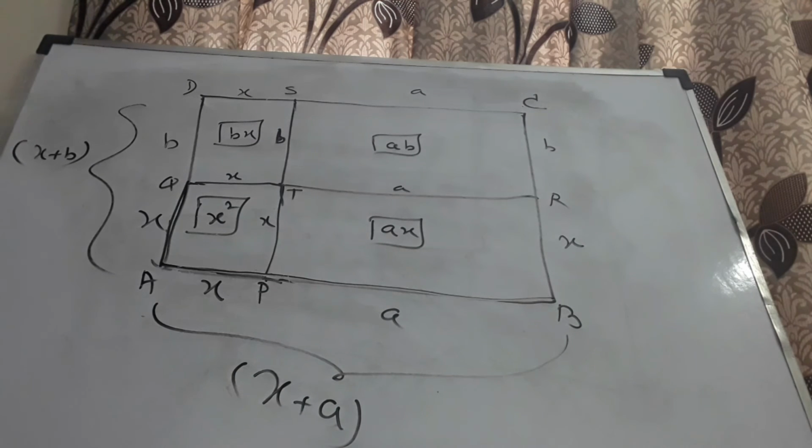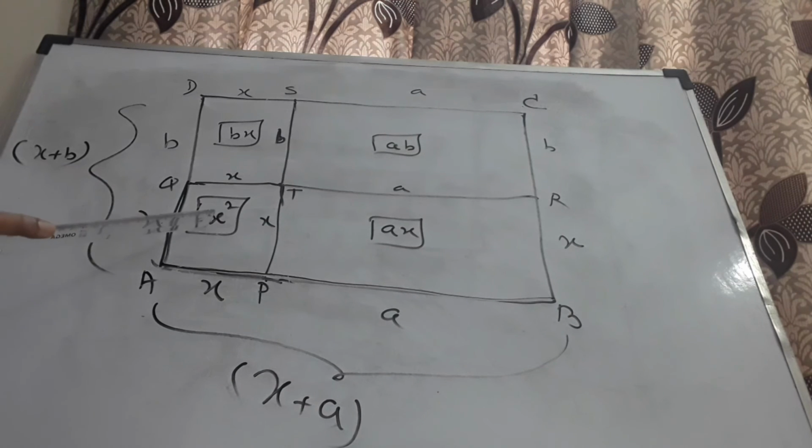You can draw it out and find out, or you can use some wooden materials I can prepare and then do also. Therefore, you can do it as an activity, and you'll be able to visualize the proof: (x + a)(x + b) is equal to x² + (a + b)x + ab. Original area ABCD is (x + a)(x + b), which is equal to this area, which is x².